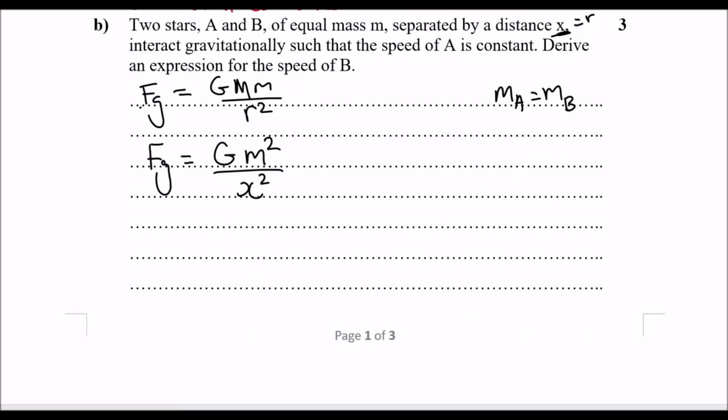Next bit I'm going to do is draw a little diagram. We have the mass A orbit, and then we have our star B orbit here. They are being separated by a distance of x. They both exert a gravitational force onto each other. And as we know, if they both exert a gravitational force onto each other,